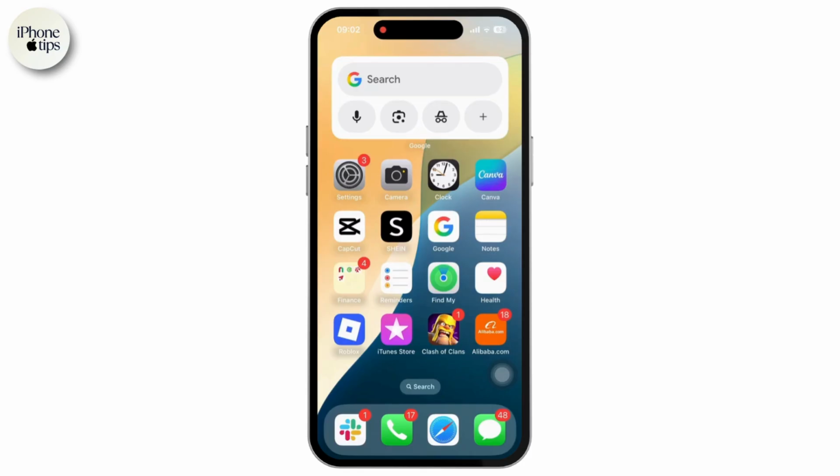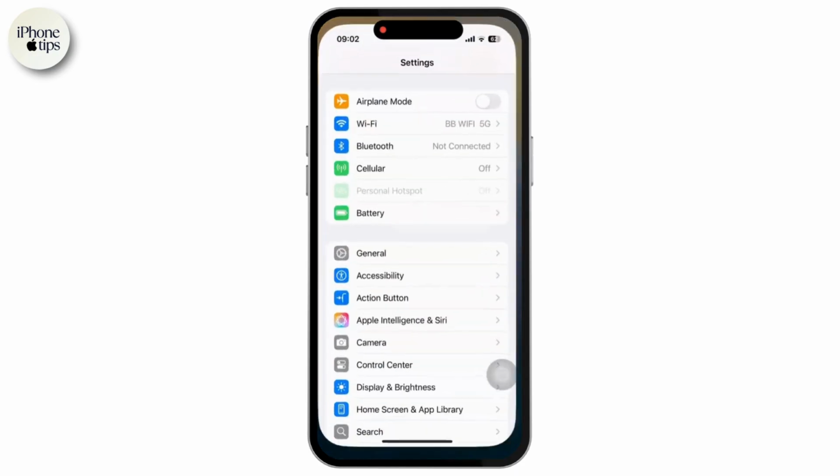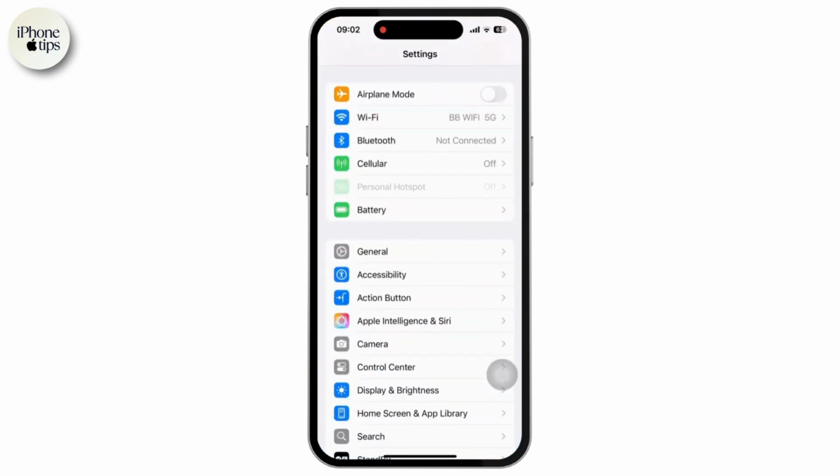user's patterns. So in order to disable it, first of all open the settings app on your mobile device. Inside settings, scroll down and tap on the Apple Intelligence and Siri, or Siri and search for the older iOS versions. Once you tap on it,